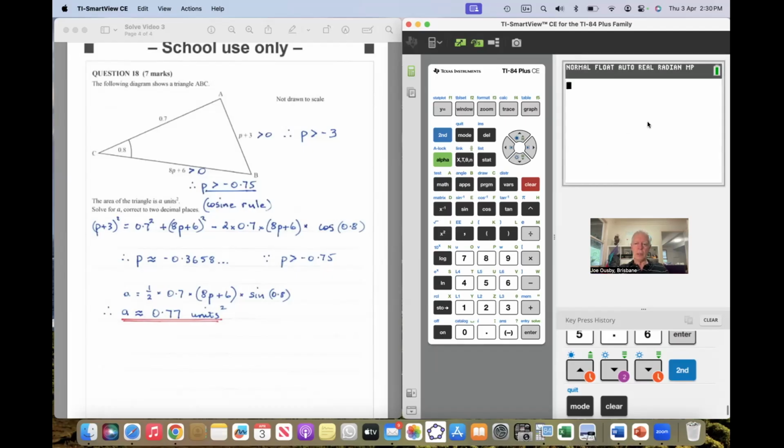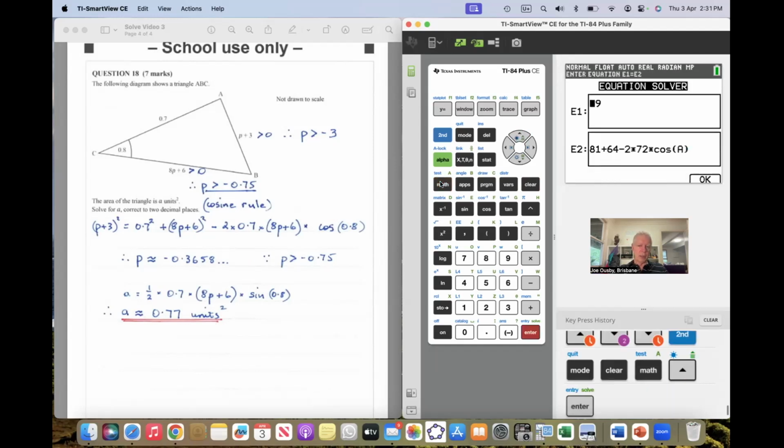Okay, so I'm actually going to go to executing that on the calculator. Basically, when I did these, p is greater than -3, I did that in my head. And pretty much this one I did by hand as well. There didn't seem to be a lot of point in entering that in the calculator. However, if we go into math and the